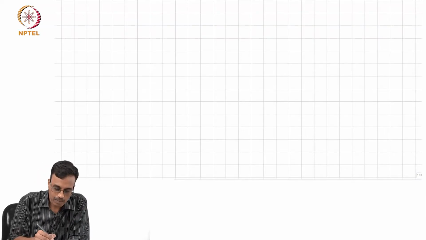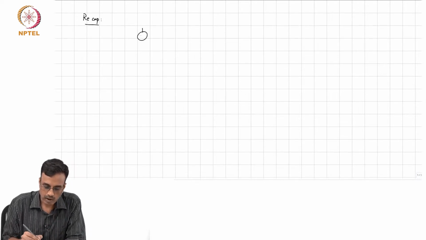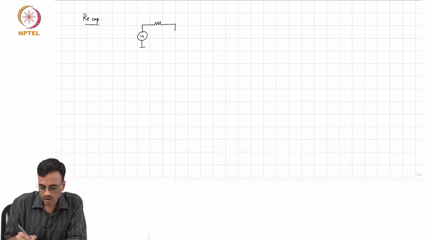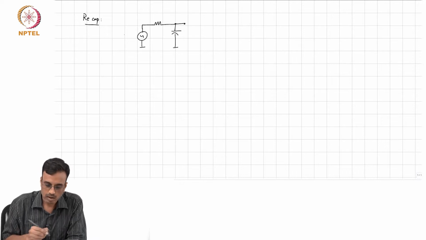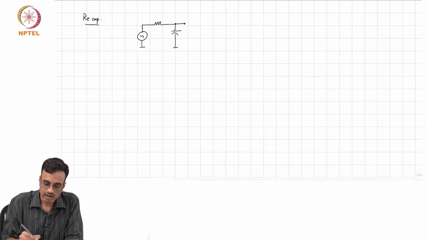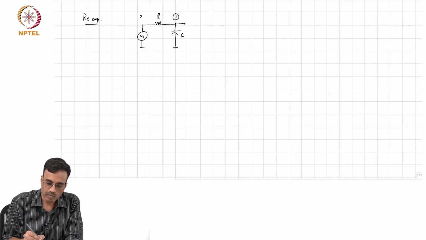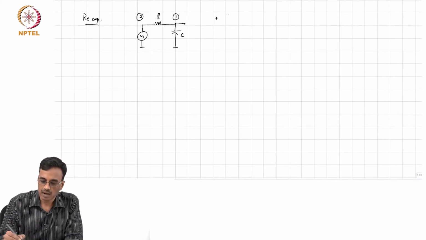A quick recap of what we were doing in the last class. What we said was, we are already familiar with solving for the network when the network is linear and time invariant, and what we do is basically write the MNA equations,